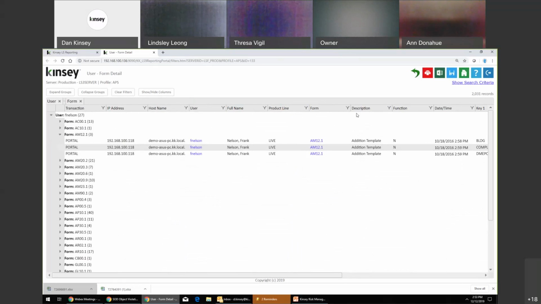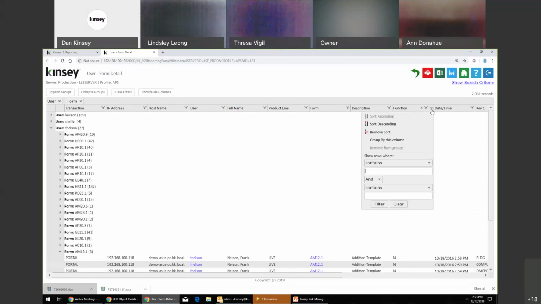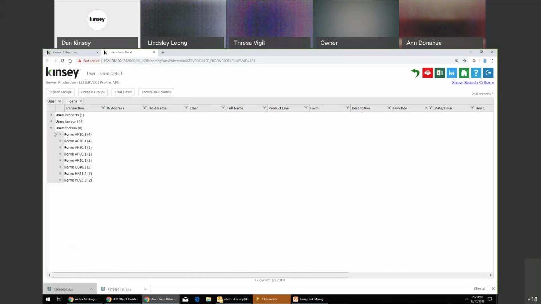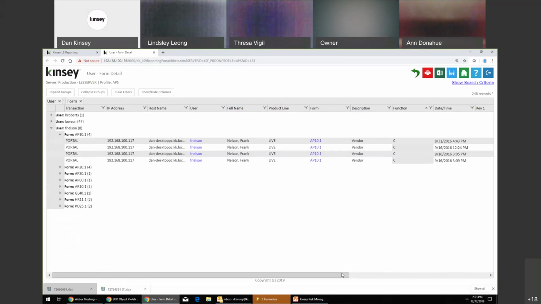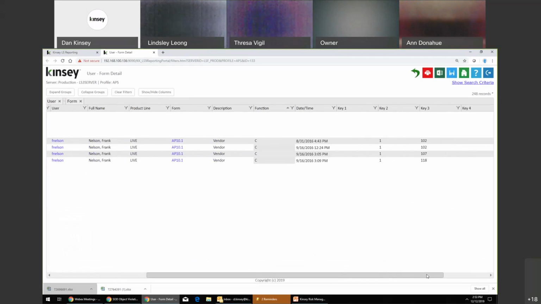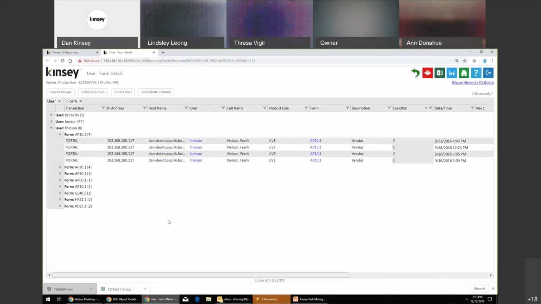Now I could filter this down and say, you know what? Let me go to function code. I only want to see change records. So now I see F. Nelson on AP 10.1 did 4 changes, and over to the right, I can see what records they are in, vendor 102, 107, and 118. Okay. So you have this type of functionality,